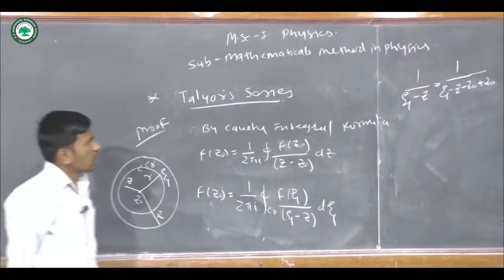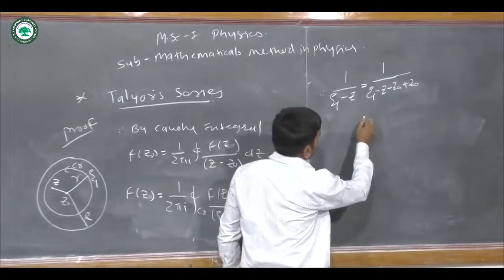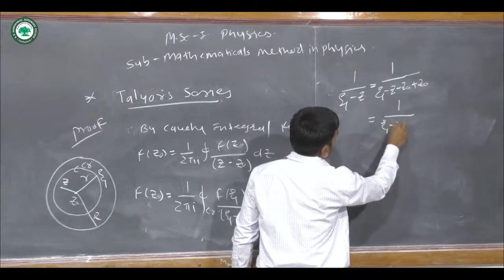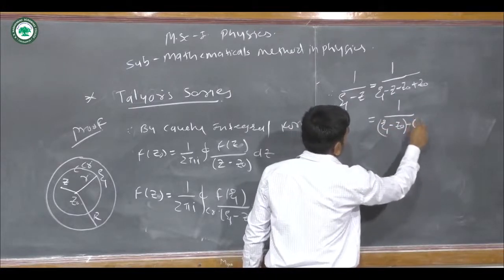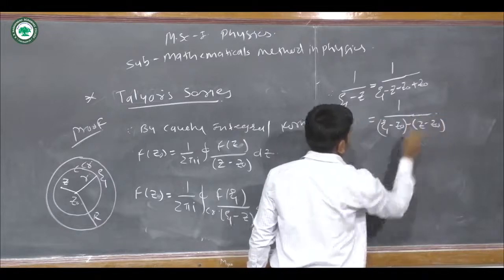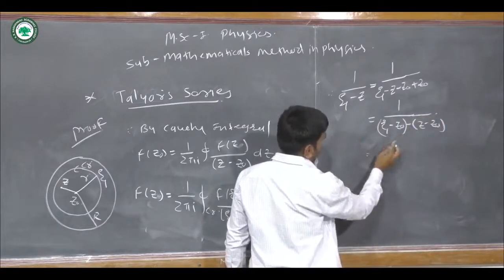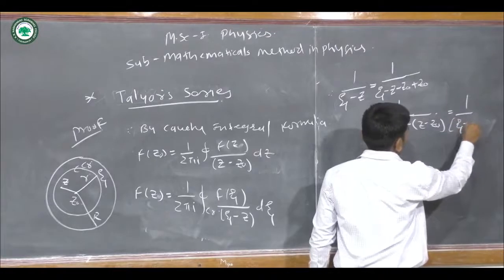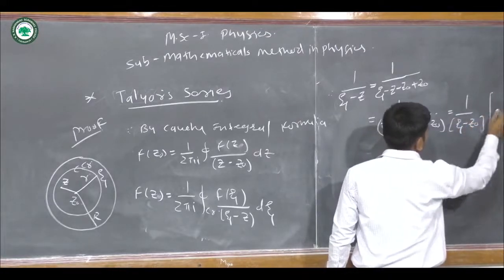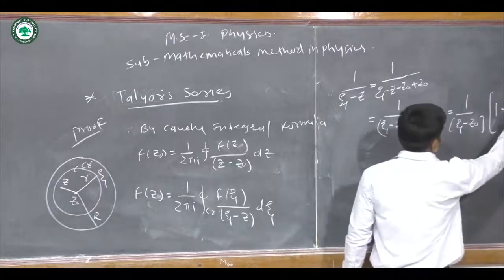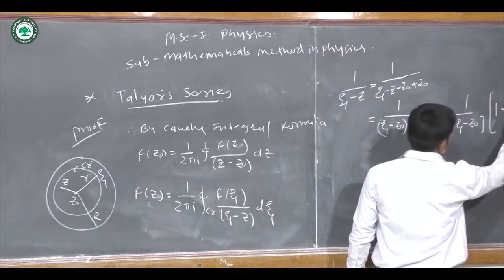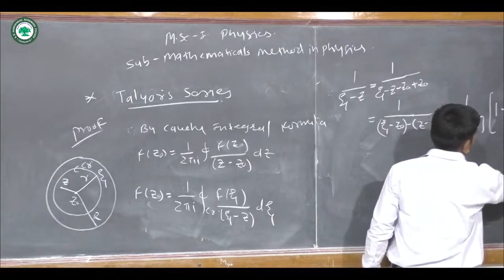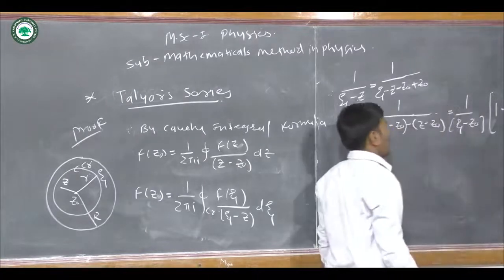Okay, so for that I just rewrite 1 by psi minus z naught, z minus z naught. Okay, so if I take out the common factor, that is 1 by psi minus z naught into 1 minus 1 divided by z minus z naught divided by psi minus z naught. Okay, so these things we can write